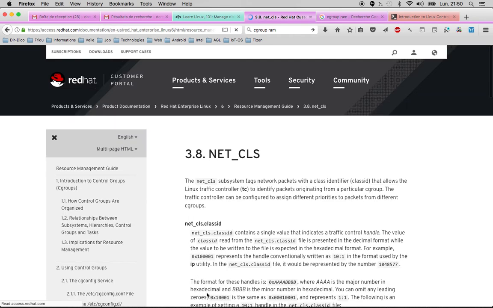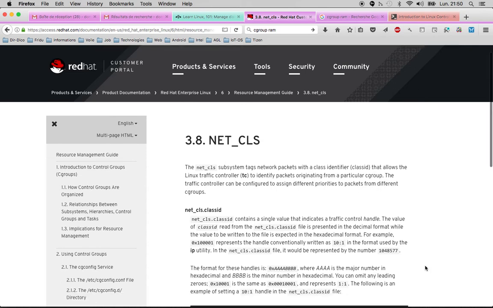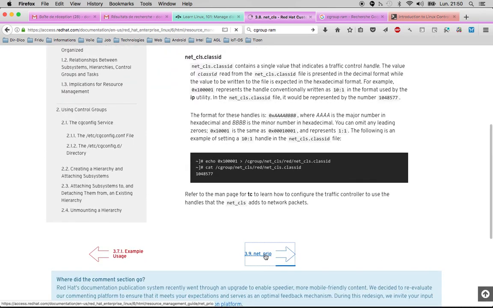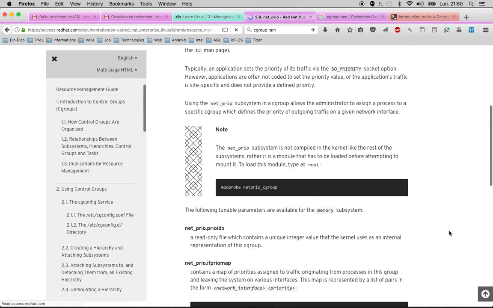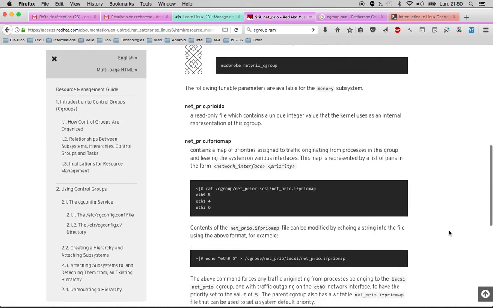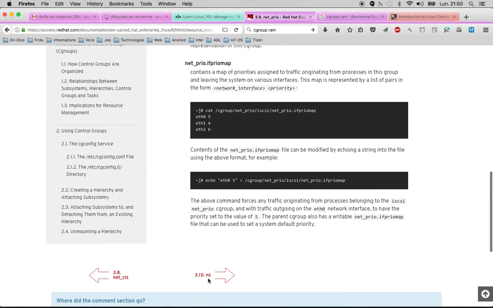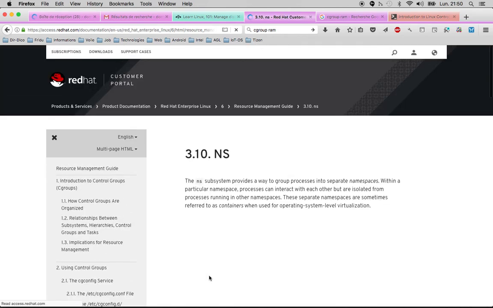The network then is the next step, which allows you to create classes of traffic, and then from this class of traffic you're going to be able to define what limit you want, and then you're going to have your network priority. Your network priority is, I would say, more obviously, what you're allowed to do and how much you're allowed to use the network. And then we have the last one, which is related to namespace, which fundamentally